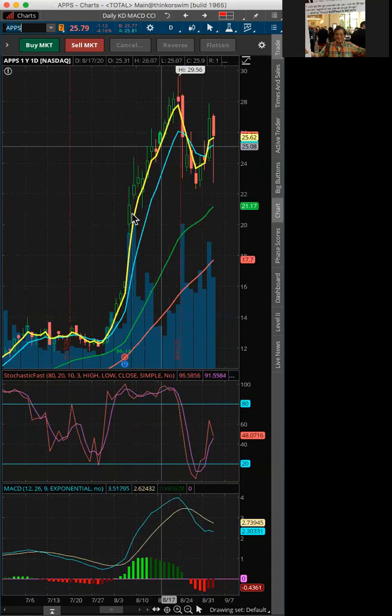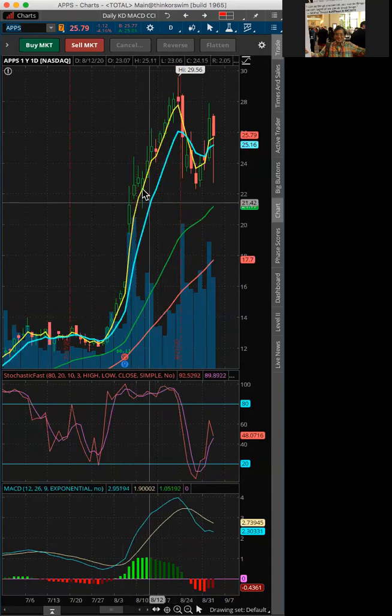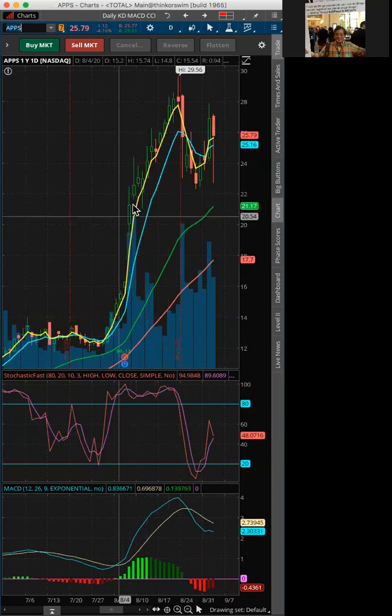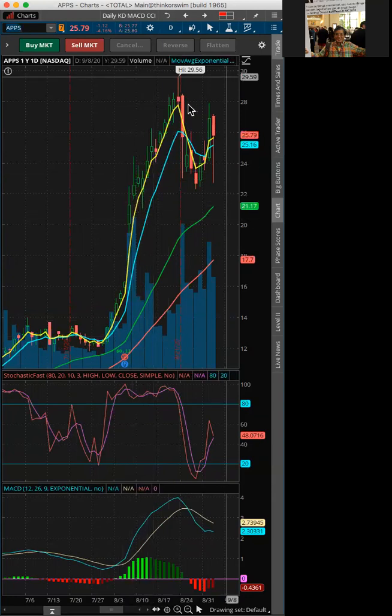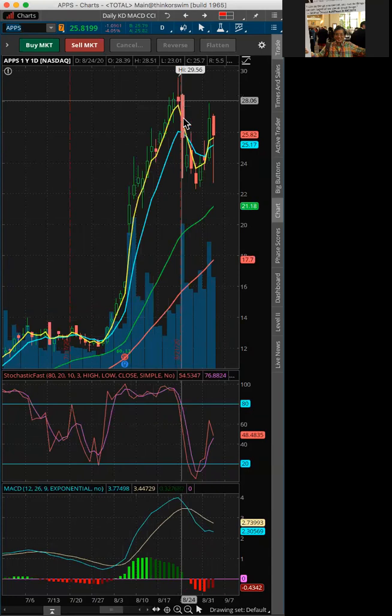Of course, when you see this, you probably don't want to get in right away. If you get in right away, make sure you have your stop loss here, because if it goes below here, it means people are not trusting this price. You don't want this to go all the way down here and incur a big loss. However, it's established here, so it's going higher. Let's assume you have that ability to get in there. Then you see this shooting star in the oversold area, and the next day going like this is the time to go. So you go, and